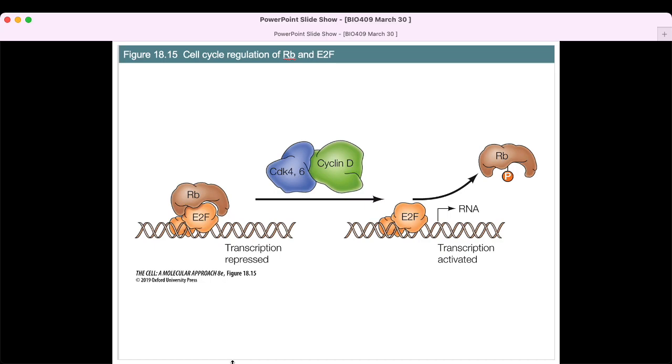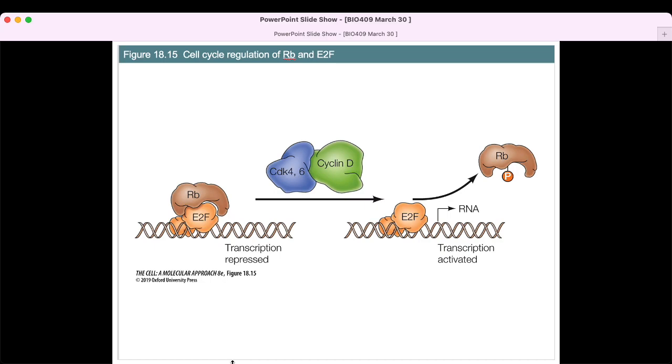So here's retinoblastoma, and we see this figure, oh, it's DNA, and these are transcription factors bound to the DNA. There's a transcription factor called E2F. And the role of retinoblastoma is to inhibit it. See how it's working here? The retinoblastoma is a transcription factor that does not bind directly to DNA. So we call it a co-regulator, and we call it a co-inhibitor. And it just binds on E2F and inhibits it. Okay? So when the light turns green,